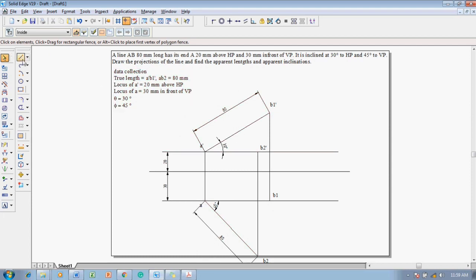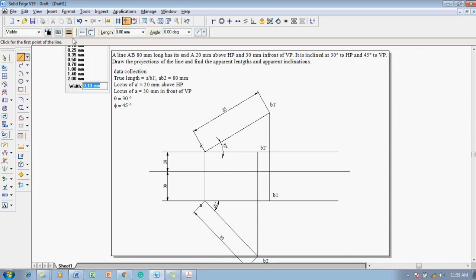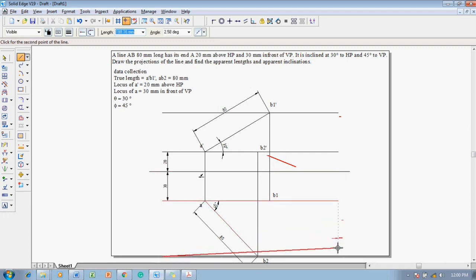To get the positions exactly, using a line command with the thickness of 0.13, just move the cursor on the locus of A dash. Also on the true length of a line B1 dash, just move the cursor towards the left side. Now one can see it is getting traced. With the help of this line, the other locus that we are going to draw for B dash will be of the equivalence which is already previously drawn. In the same fashion, move with respect to these two lines, get the positions and then draw the other locus